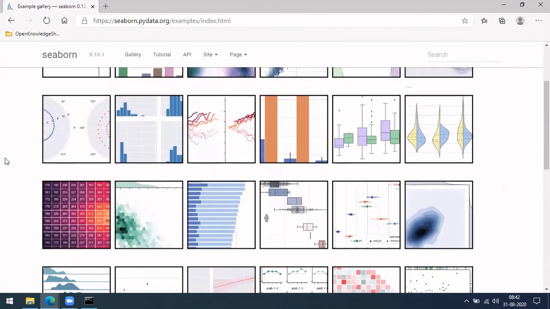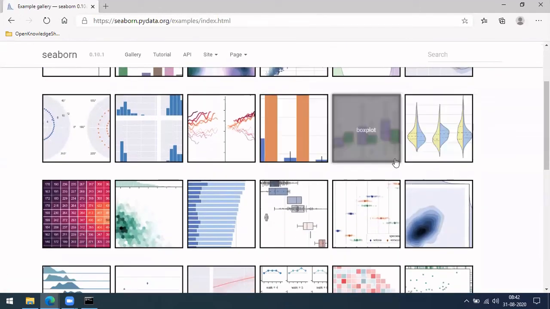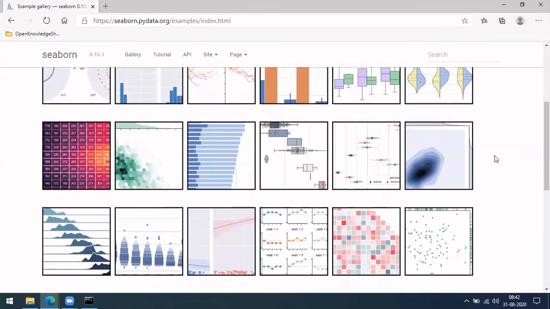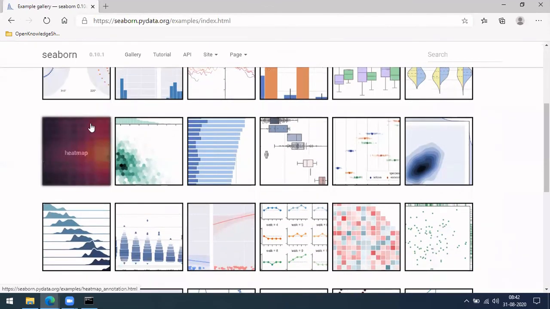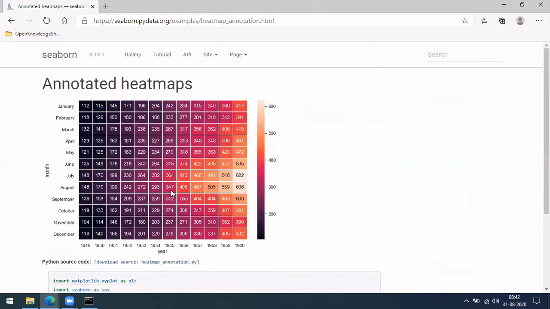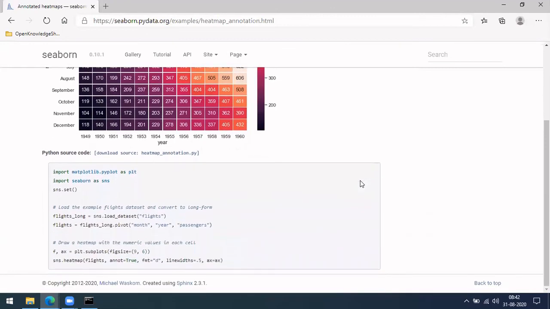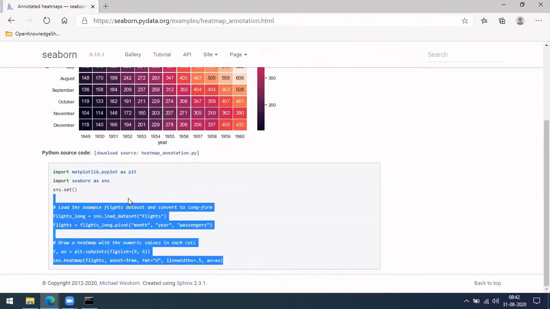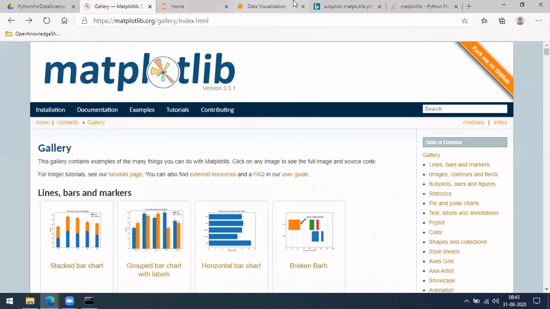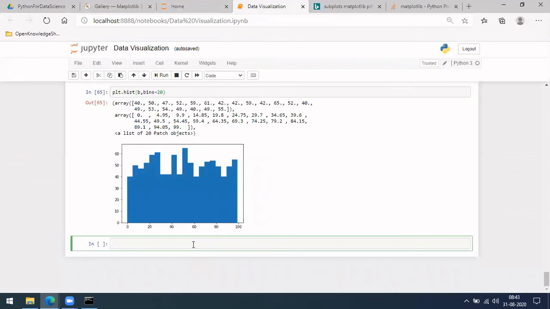Let me show a few plots here. So these are more related to statistics. And this is like a heat map, where you have the values, the same thing. Let me do this fast. This will be a simple example. So let me cover it in the next few minutes. So, heat map.